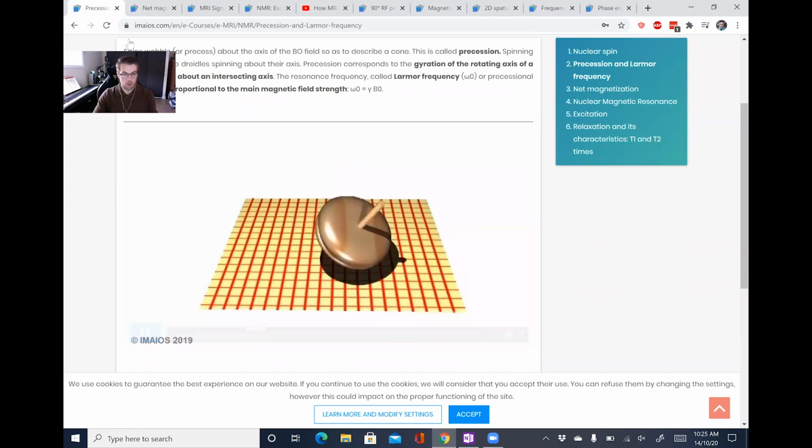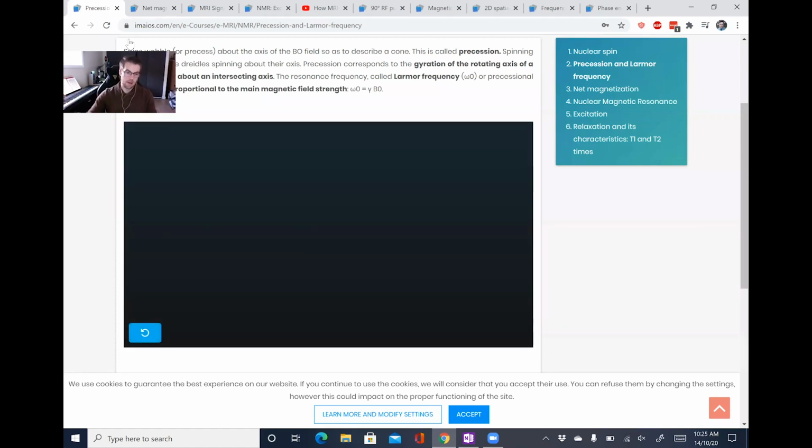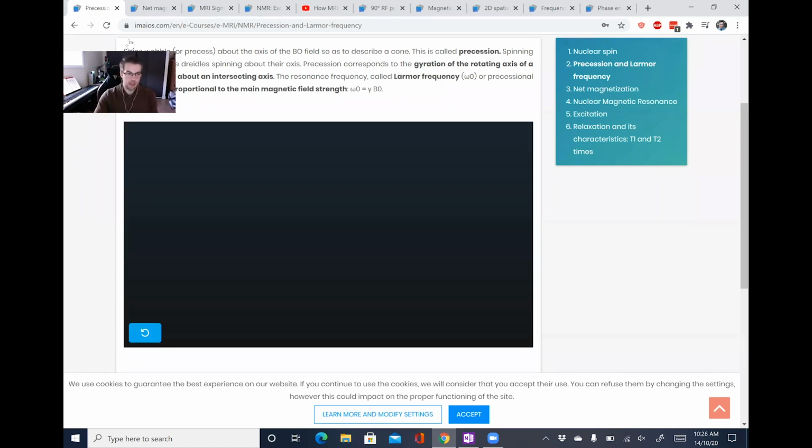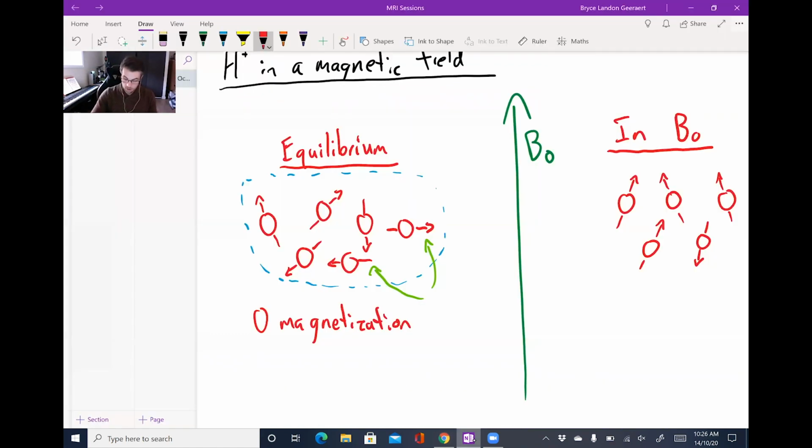So once it starts wobbling, then it'll precess on some off axis. It's no longer up and down like it started. It's still oriented vertically, but it's also wobbling around on an off-axis orientation. That's kind of like cycling around that vertical axis that it was initially on, right? So the same thing happens in MRI, and